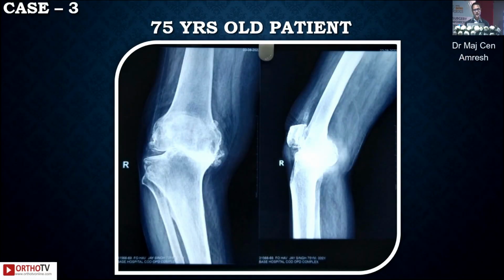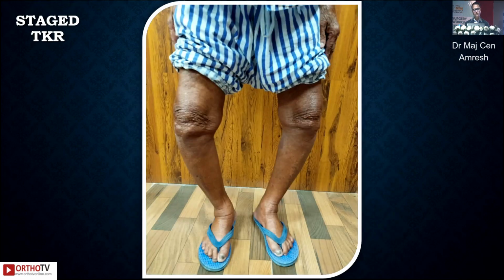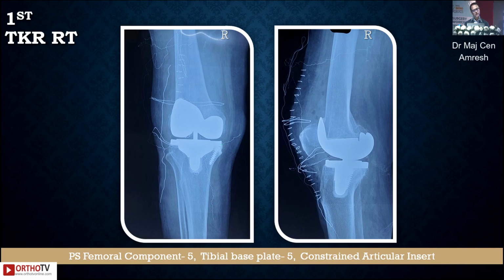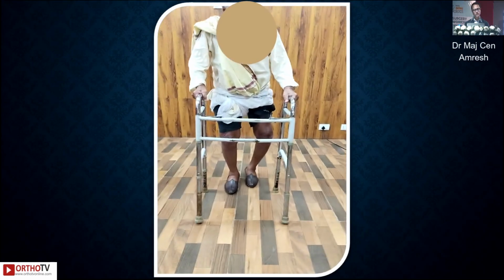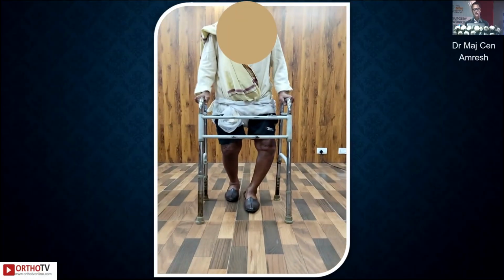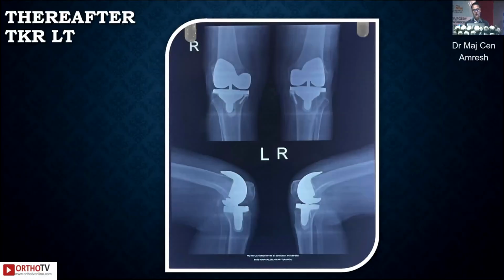This is the third case, a 75-year-old patient. Once again, the right knee appears to be absolutely subluxed. This patient is not able to walk unaided, uses a walker, and certainly requires a knee replacement. Even on the walking video, one can make out that probably the knee is lax, subluxed. In this case, I use a constraint liner and use a 6.5 mm screw for overcoming the bone defect. The right side was done first, varus was corrected, but the left side still requires a knee replacement.